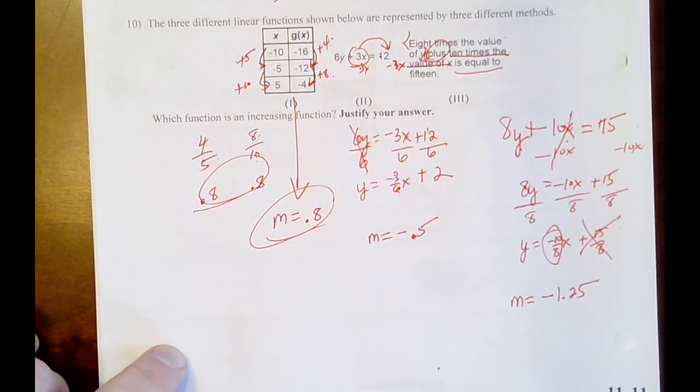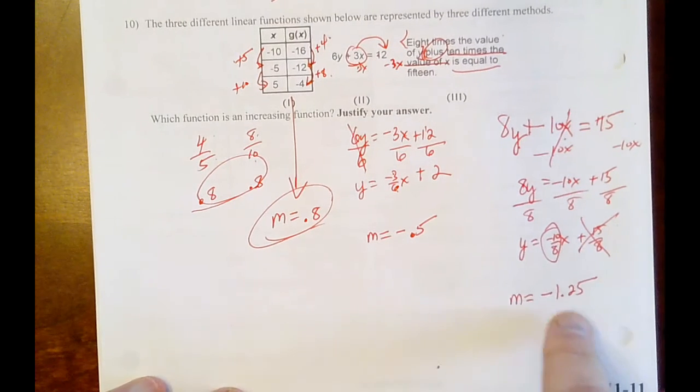So, if you have to sit here and say which one's increasing, well, the increasing one will be this guy because it's a positive slope. If they ask you which slope is biggest, you would take